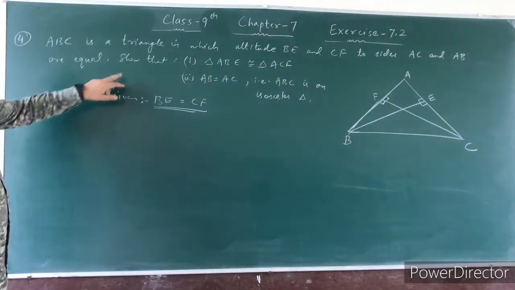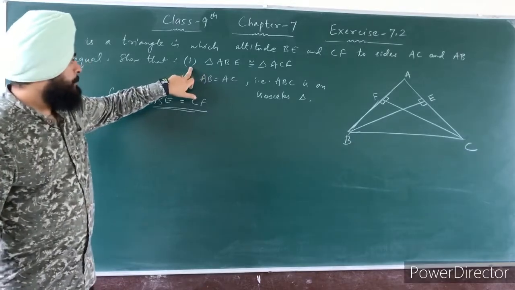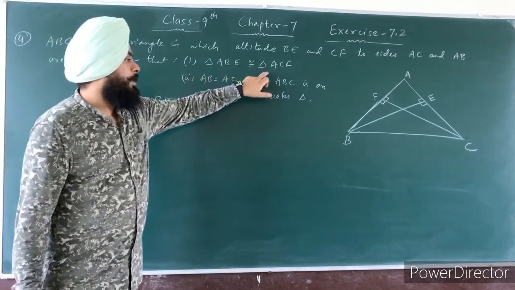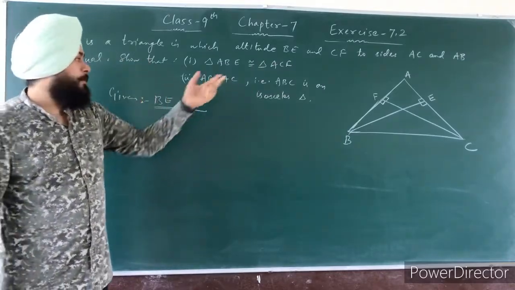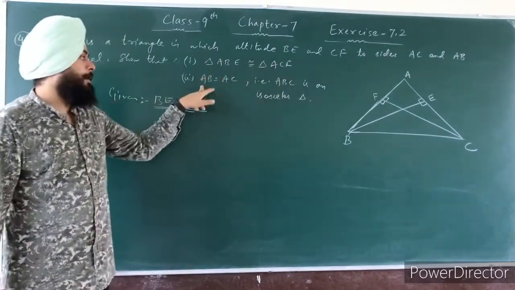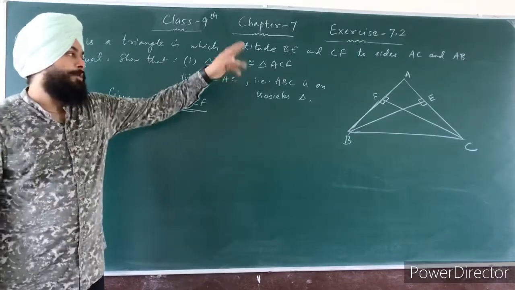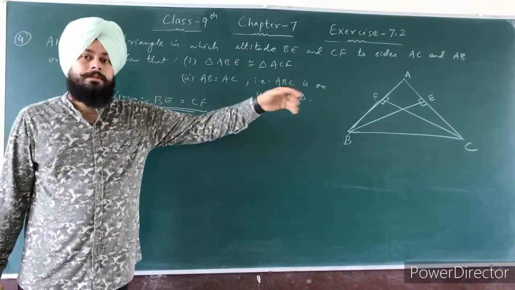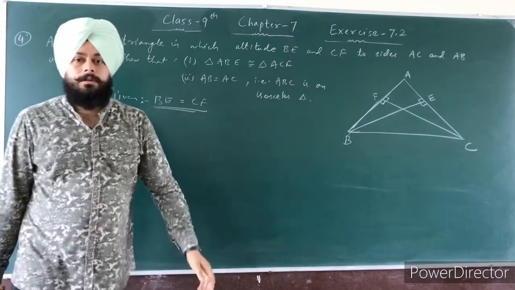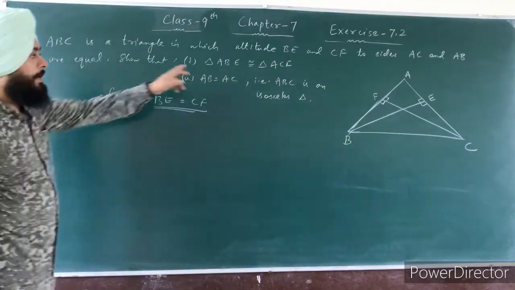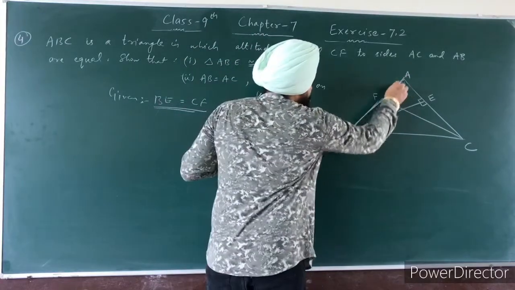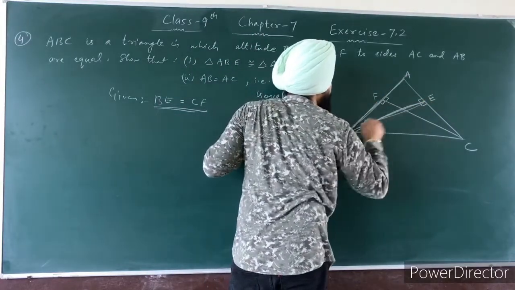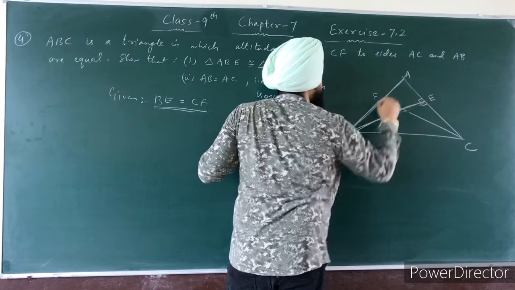Alright. Now we have to show that first part, triangle ABE congruent to triangle ACF. So तुझे इस question से दो part prove करने हैं. First you have to prove the triangles congruent and second one AB equal to AC. If AB equal to AC then what? Two sides are equal. Then it is an isosceles triangle. Alright, so we have to prove triangle ABE and triangle ACF congruent. So what is ABE? This is ABE. This one.